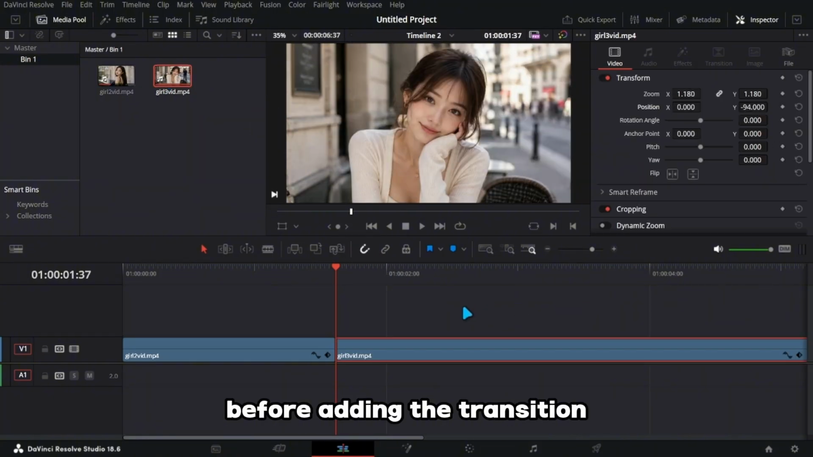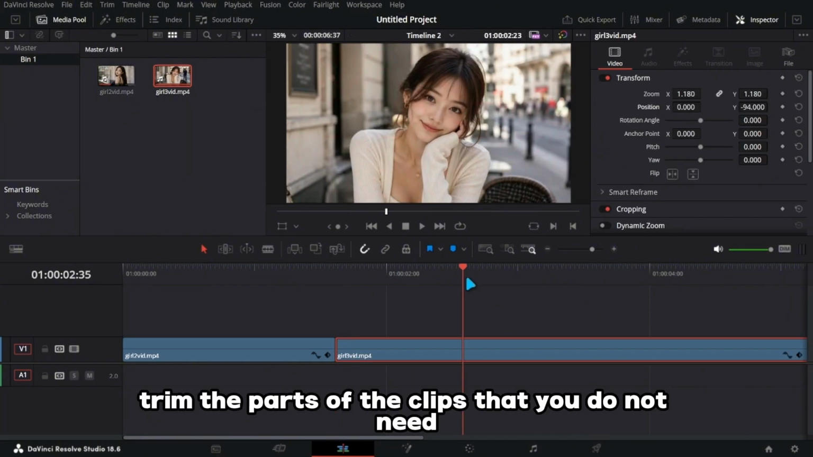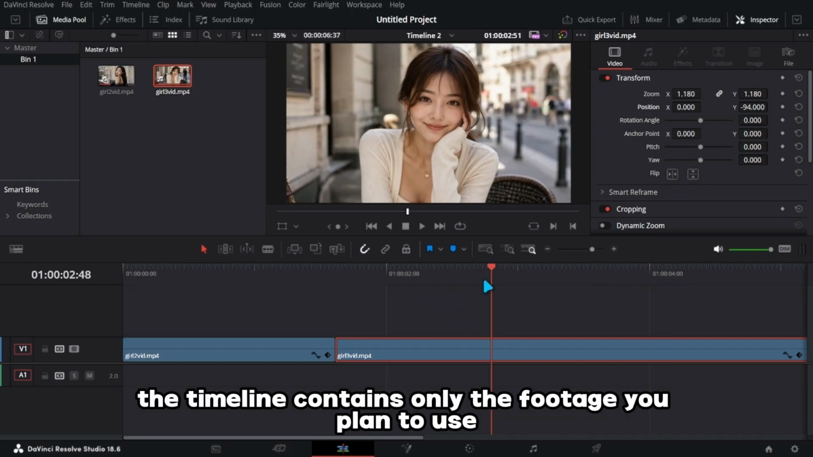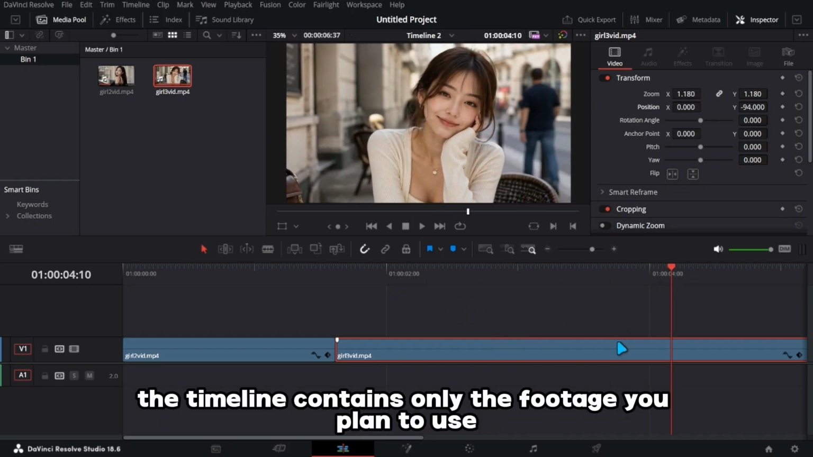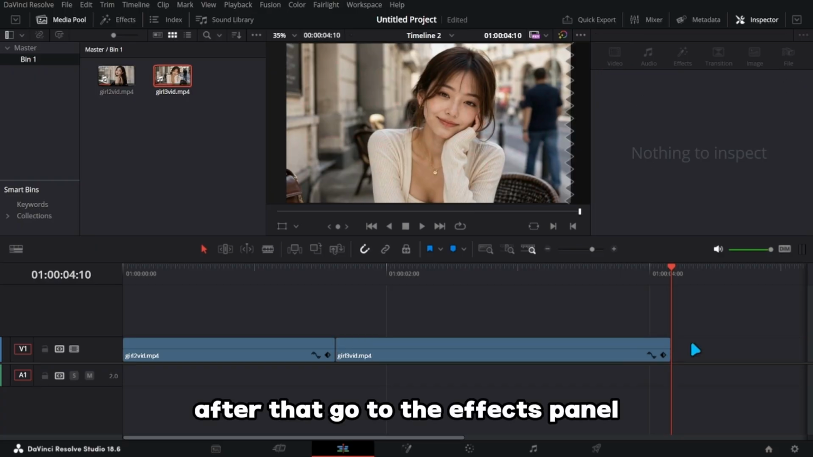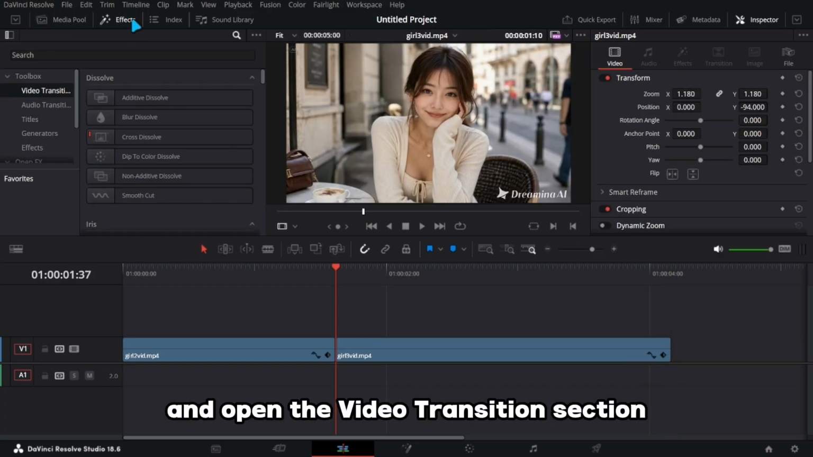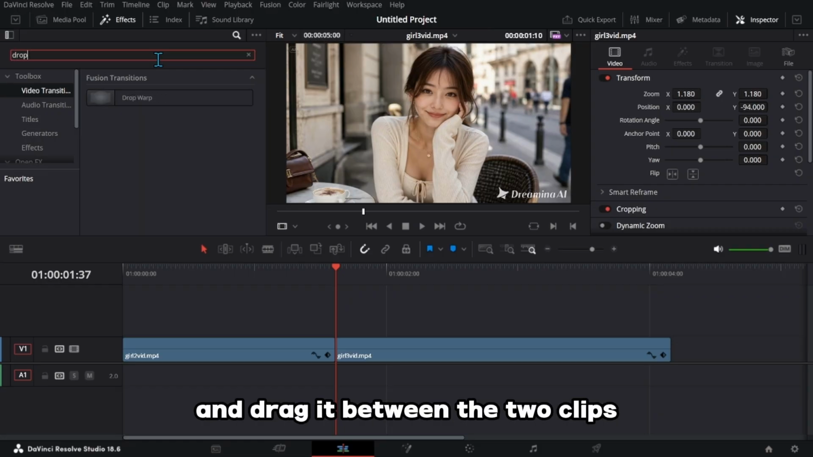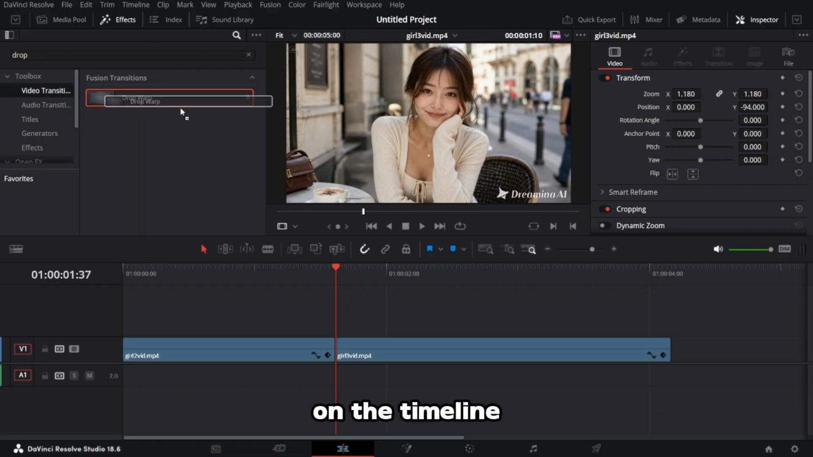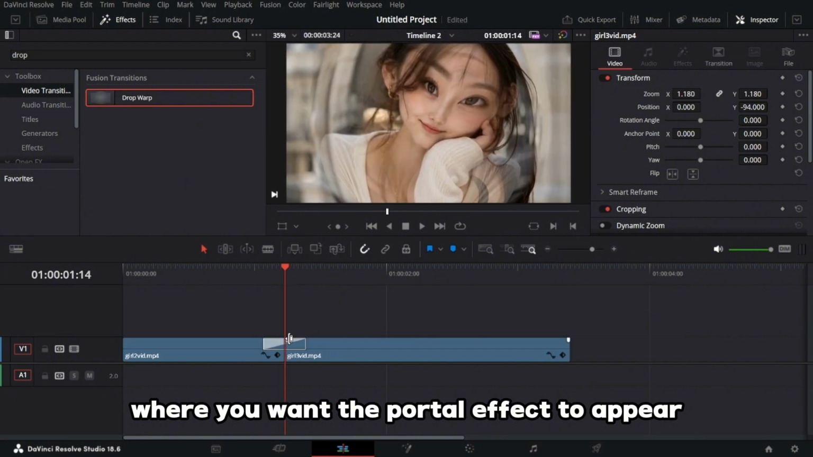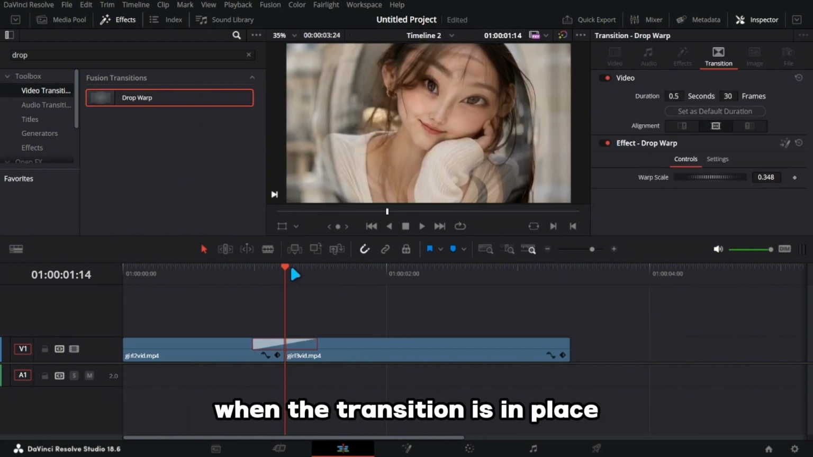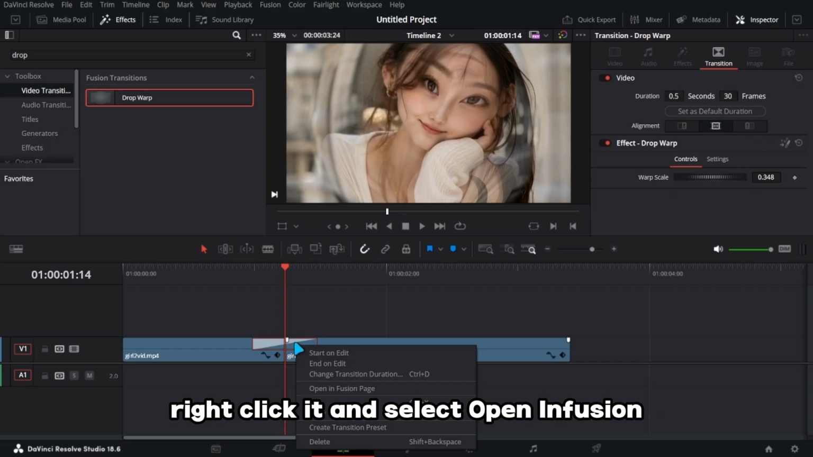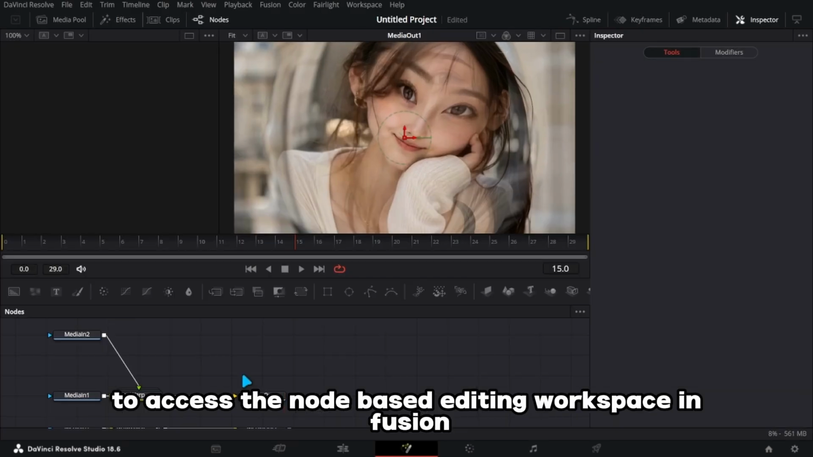Before adding the transition, trim the parts of the clips that you do not need for editing so the timeline contains only the footage you plan to use. After that, go to the Effects panel and open the Video Transition section. Locate the Drop War Transition and drag it between the two clips on the timeline where you want the portal effect to appear. When the transition is in place, right-click it and select Open in Fusion to access the node-based